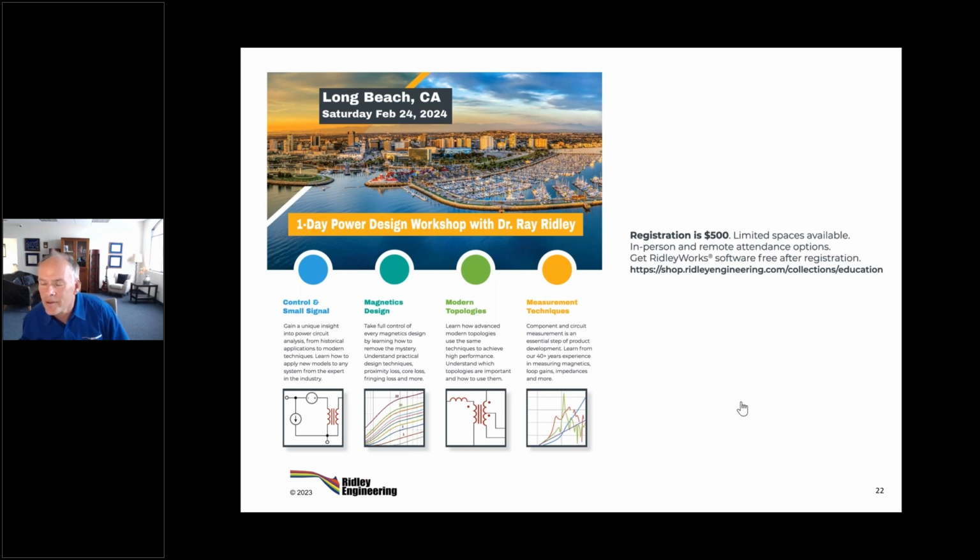Can you provide a simple, complete transformer model template? If you've got Ridley Works, you've got the template. Demo software? I don't know what you mean by demo software. When you come to this workshop, you get the full version of the software. To be honest, our demo software is always way out of date. We're so busy pushing forward on the real software that the demo software is normally at least 2 generations away from where we are.